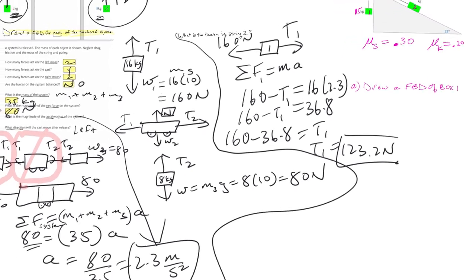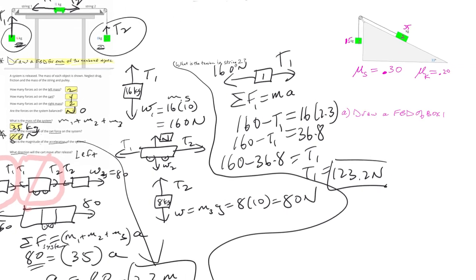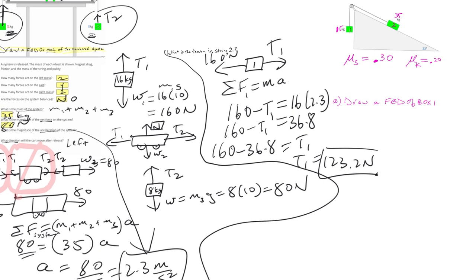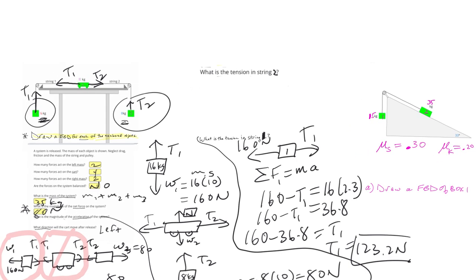Okay, then if I had to find the tension in, this is the tension in string 1 that I just found. Let's find the tension in string 2. I could take the middle part. So I know T1 is 123.2 newtons from what I just did over here. T2 I don't know, but I know F net